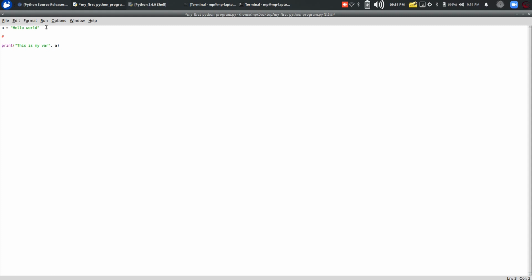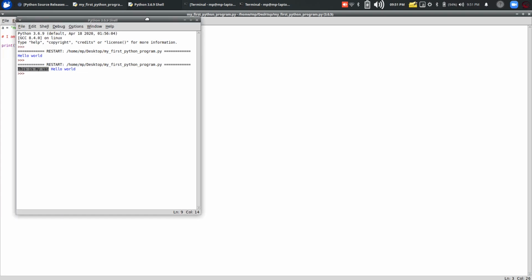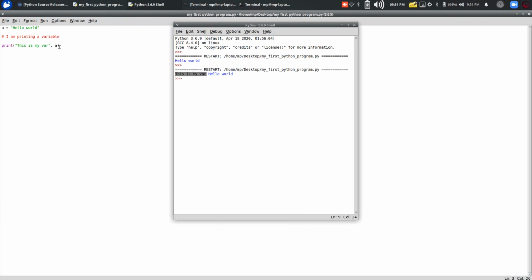But it's a good habit to write something about your code, because when another person sees your code, they might not understand what you're writing, not in this case but in most cases. You are just describing what you're doing. Then we can run the program. So this is my variable, a print statement here, and this is the hello world from here.